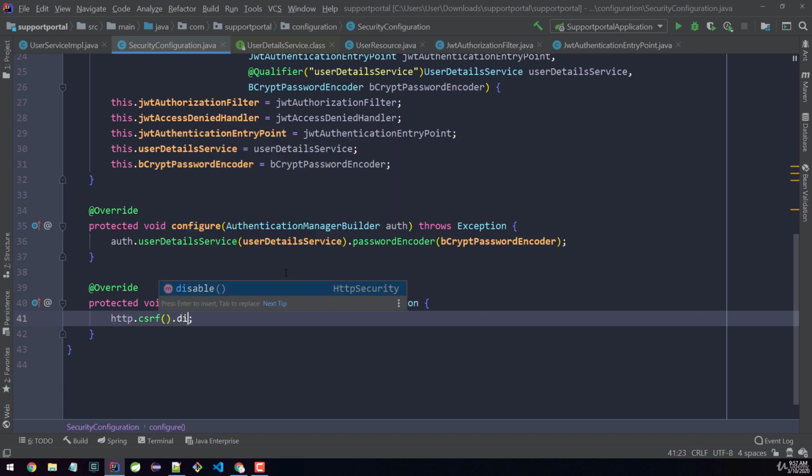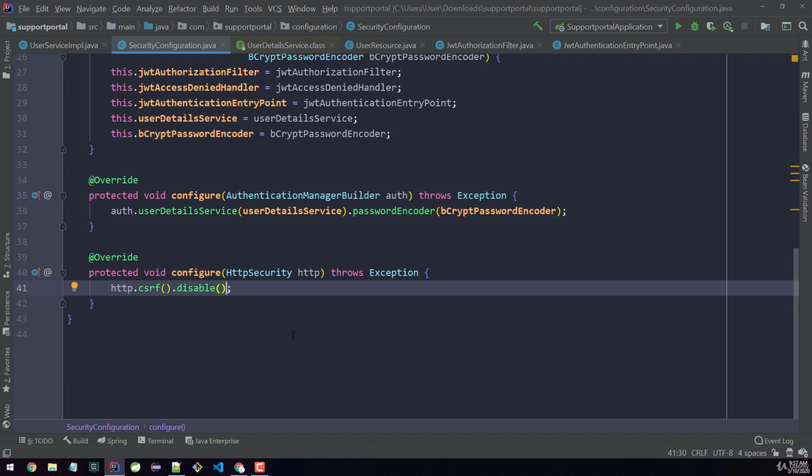We need to disable that because we're not using it. And then we have to add cross-origin resource sharing, because we don't want anyone from any URL to be able to connect to our API. We want a specific list or a specific URL or a specific domain to access our API. So that's why we have to add CORS into this. So we just have to do that,